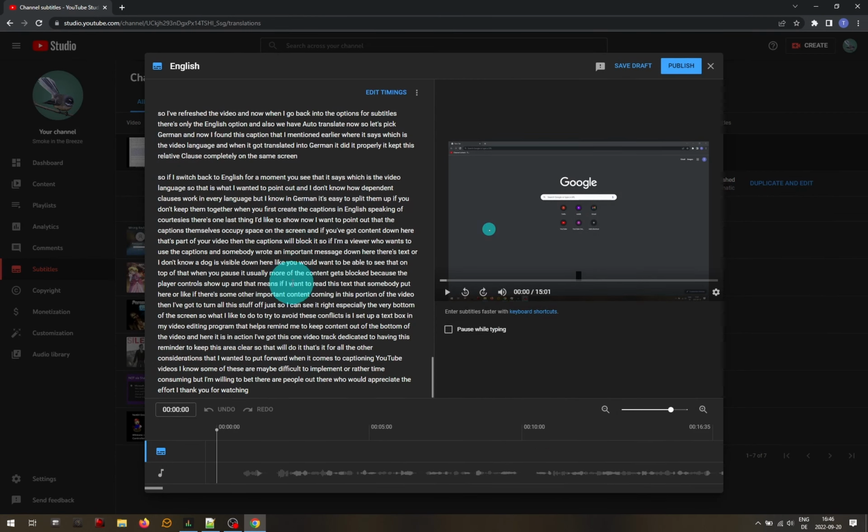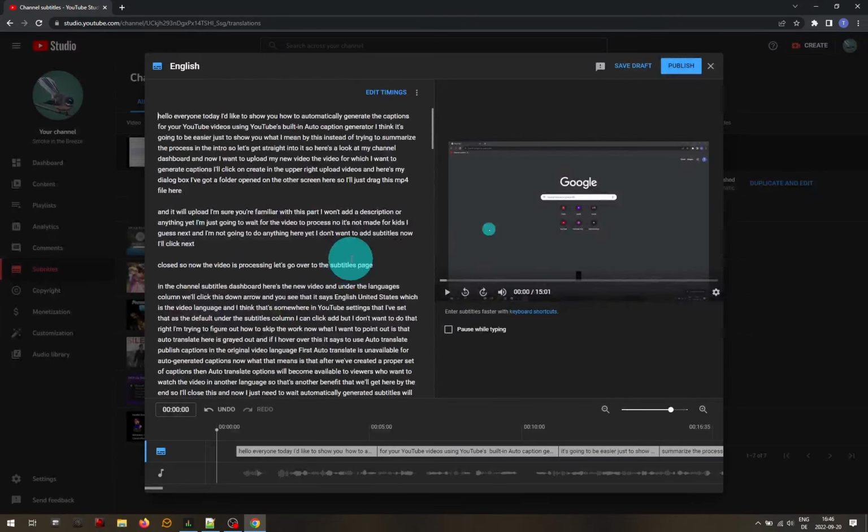Now, a lot of the tutorials are suggesting that you duplicate and edit the automatically generated subtitles, but that you edit it here. And I don't suggest that because I hate editing stuff in this caption editor. It's, like anything that you do on the cloud, kind of laggy and the wrong keyboard input can make a sudden mess. I just hate working in here. So that's why I suggest that you download it first and then edit it and then re-upload it.